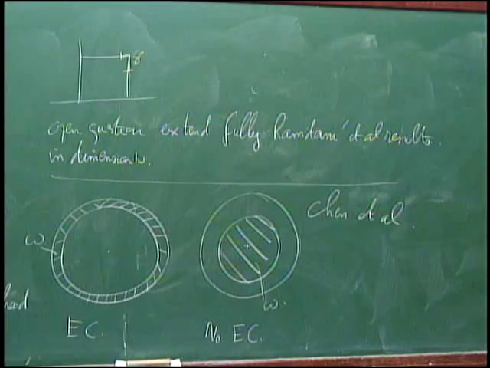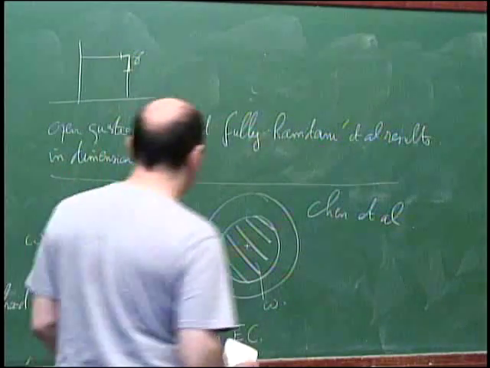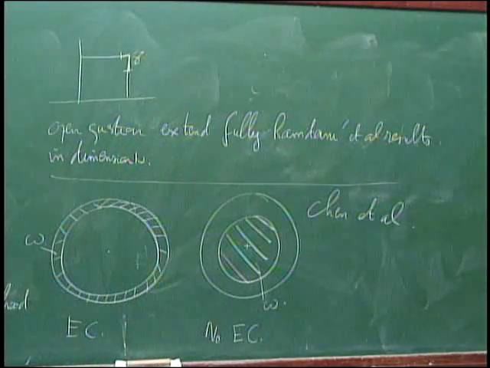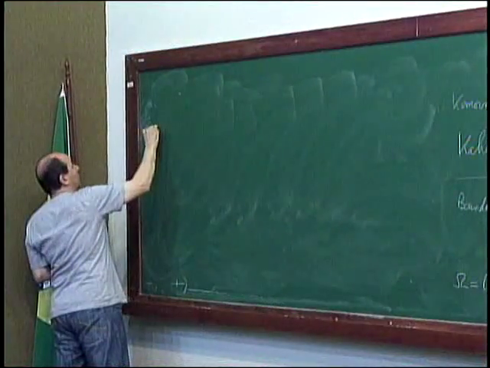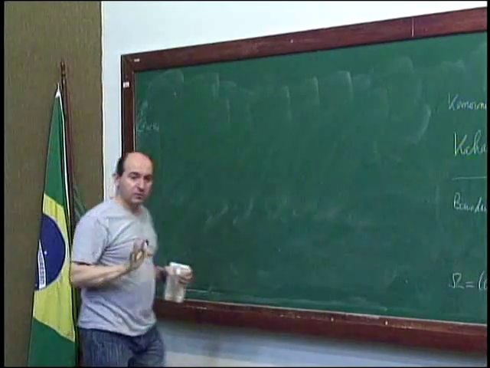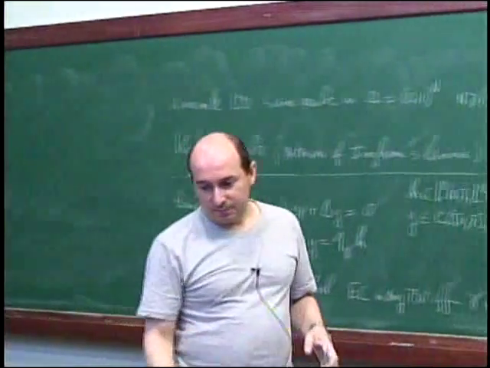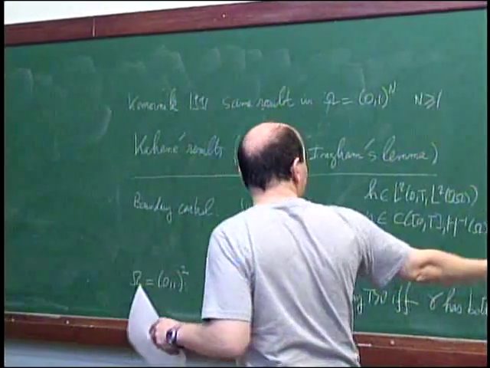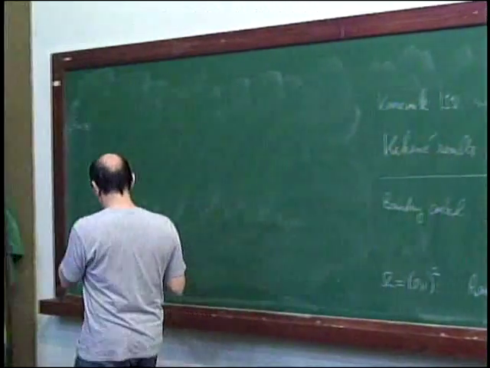So what is the guess, actually, about the condition? It's not a conjecture, it's just a guess. It seems that the controllability is related, actually, to the existence of stable trapped rays. So it's not a conjecture, it's just a guess. So it's not a theorem. And I will try to explain you this guess.